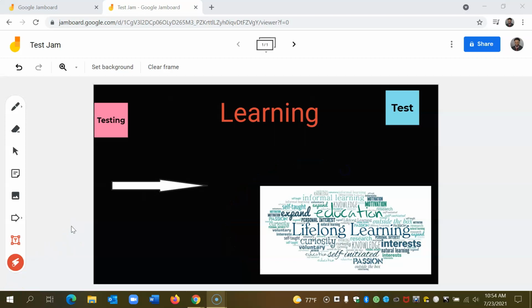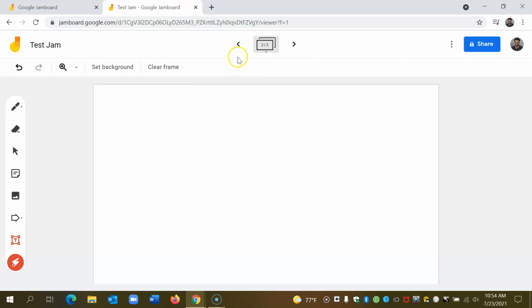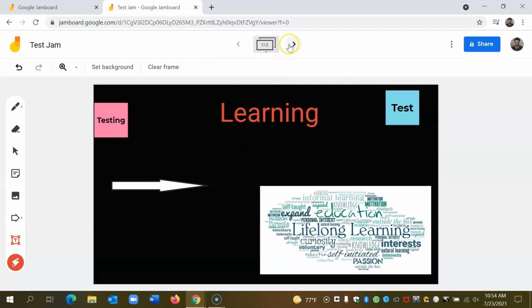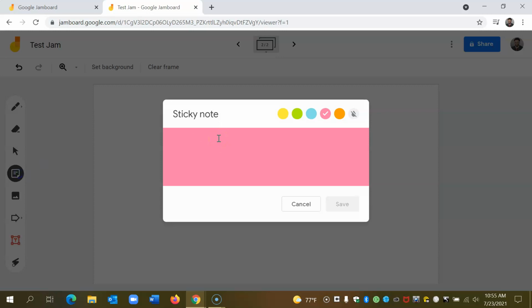After you create your first jam, you'll notice at the top that we have 1 of 1. So if we want to add an additional jam, we would select the forward symbol to say create frame. And so now we see that we have a second jam. So we have our first jam and a second jam. And then we can begin to repeat the process of adding any content that we would like